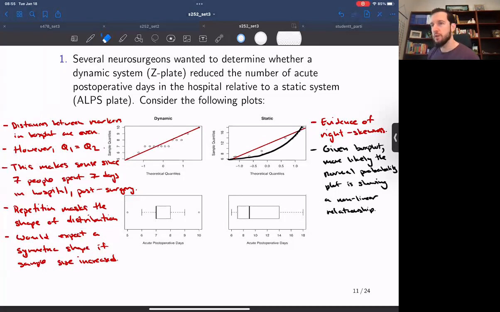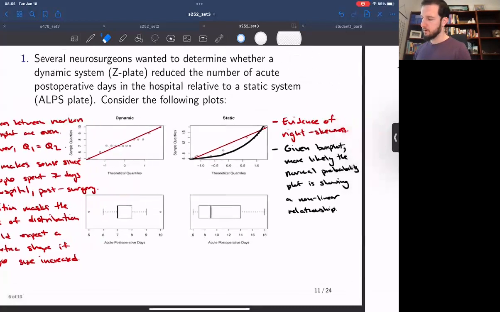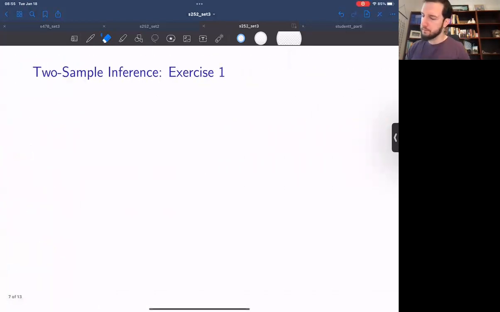Okay, so in this situation, we'll give our little assessment of the assumptions. We'll run through the hypothesis test and the confidence interval for illustrative purposes. But really at the end of this, the results are probably not going to be reliable, and we're going to need to use a different type of test for this data. Okay, so with that being said,